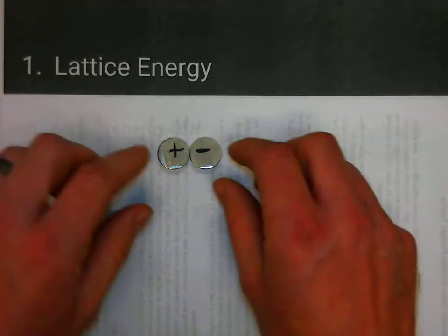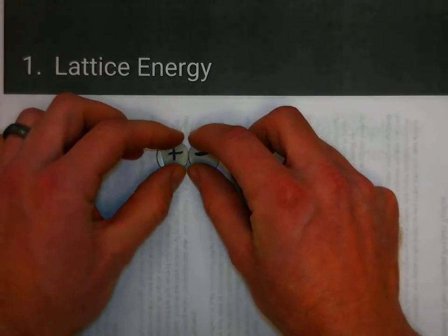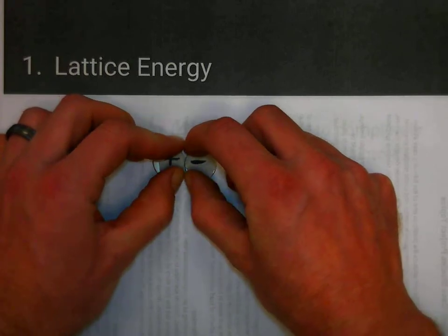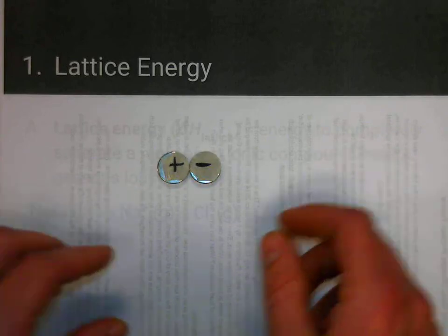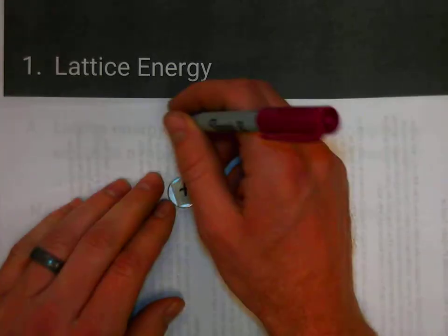In this video, we will introduce the idea of lattice energy and use it in conjunction with Coulomb's Law to predict the lattice energy of ionic compounds. So lattice energy is a way of explaining the concept that ionic charges have to have energy put in to pull them apart. So picture, for instance, sodium chloride,